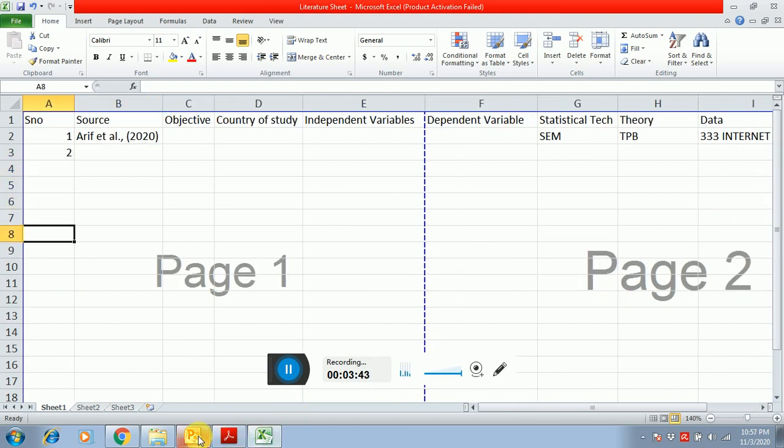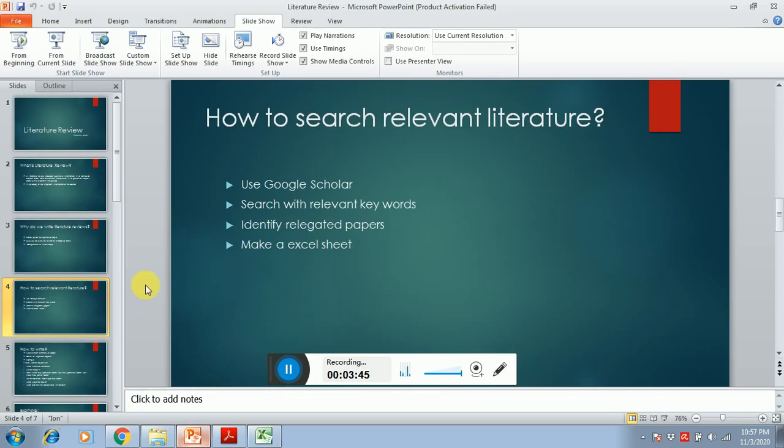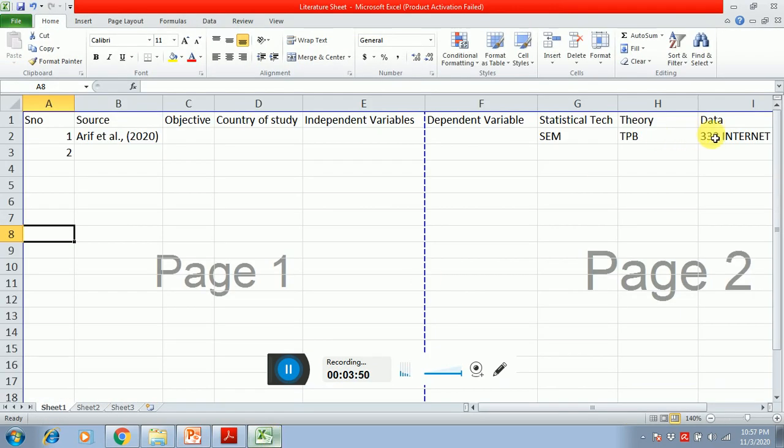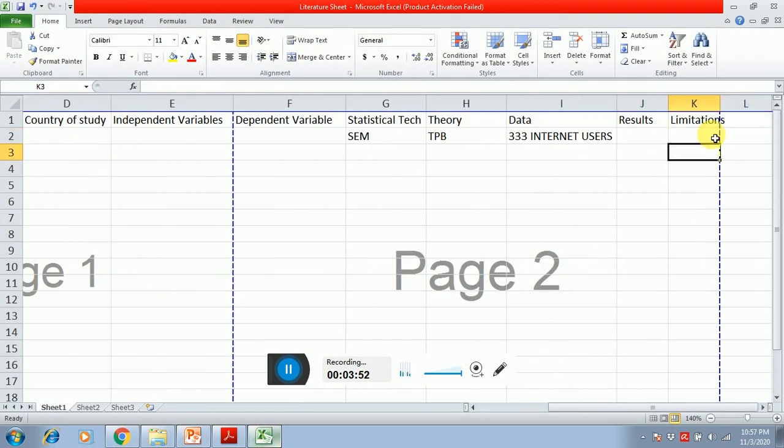After developing this sheet, you can get a clear picture, because from the limitation section you have a clear idea of what they suggest for future researchers to do.